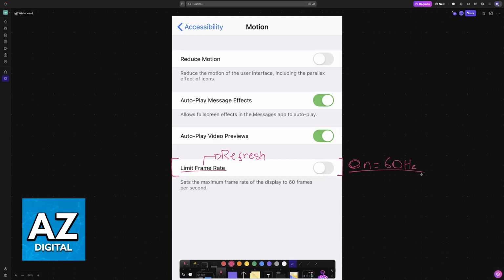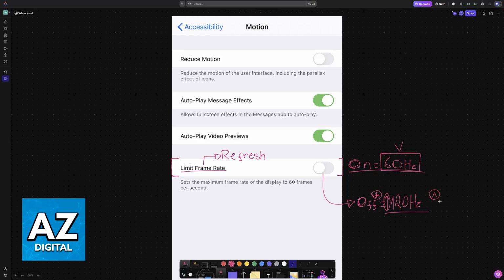So if you don't like high refresh rates, it discomforts your eyes, then all that you have to do is enable this and it will lock the refresh rate to 60. If this option is off, which is the default, so you don't have to worry if you have never changed this, it is going to automatically adjust the screen, meaning that it can go to upwards of 120 Hz automatically. So if the iPhone notices that you are playing a game or doing some sort of activity or browsing through an app that requires higher refresh rates, it will automatically make it go higher.